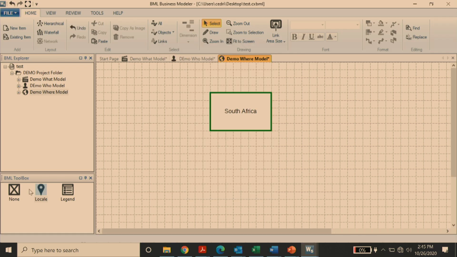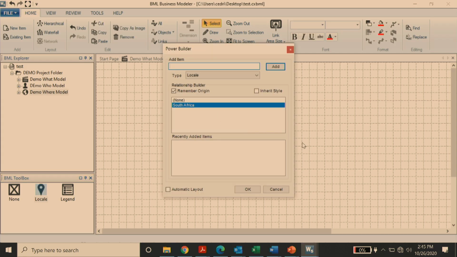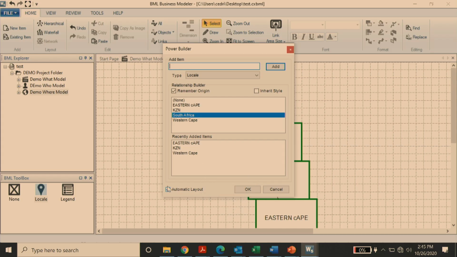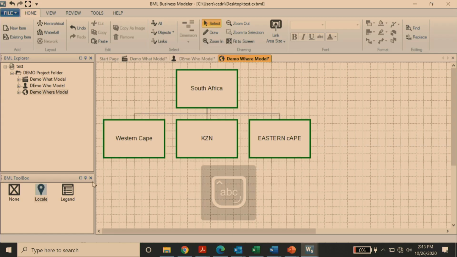And then I can say, where else in South Africa do we operate? And we might have a Western Cape region, perhaps, geography that we operate in. We might have a KZN location, and we might have an Eastern Cape. Let's just stop at those three locations. So I built